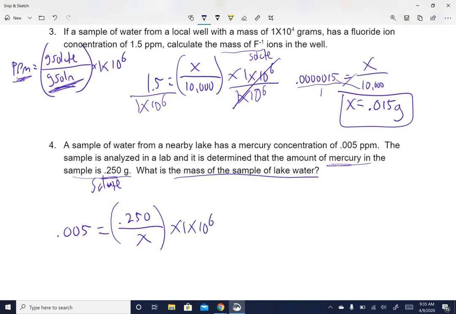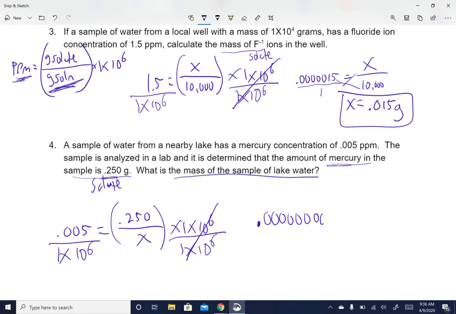All right. I'm going to do the exact same thing I did up here, except instead of solving for the top of the fraction, I'm going to solve for the bottom, the denominator. But you don't need to know all the terms. The point is you're going to get rid of the million by dividing it by itself. That cancels out to 1. Divide this side by a million. So 0.005 divided by a million is